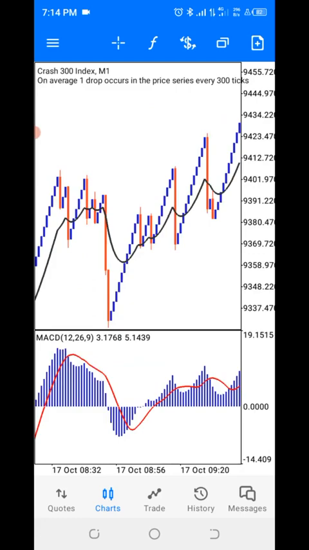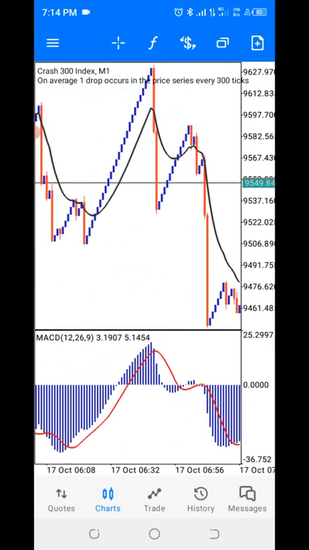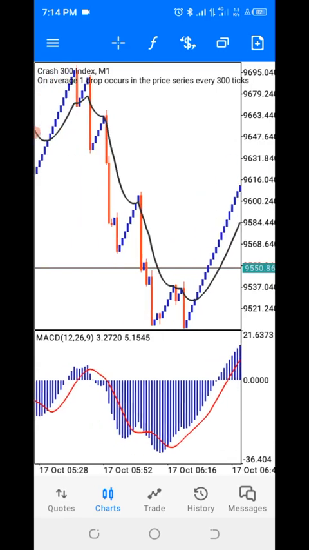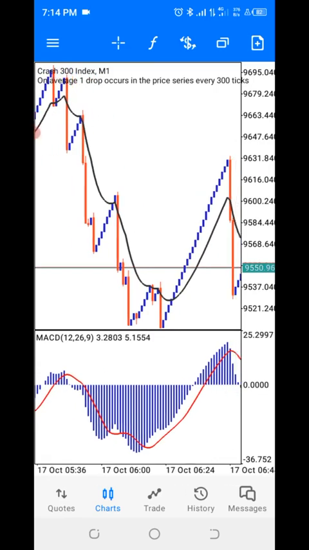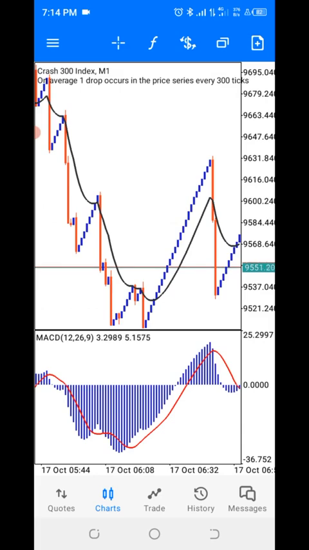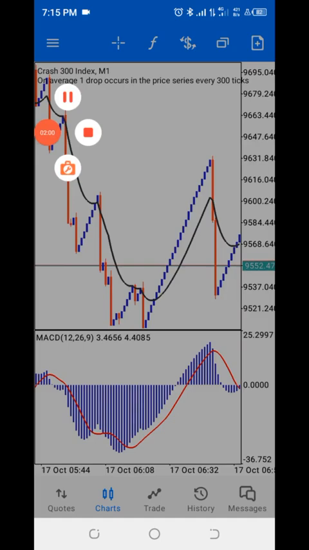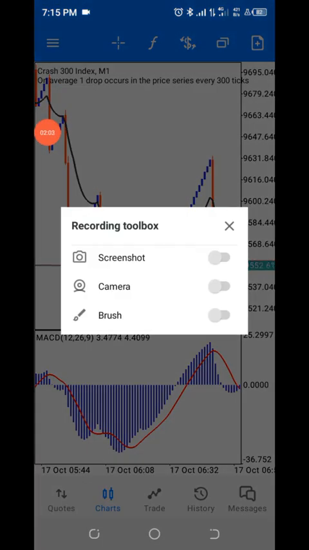Without wasting much of your time, the strategy is a very powerful one and very cool. You can use it on crash 300, boom 300, and crash 1000 solidly, right? So the strategy is a very simple one. I'll be going into how the strategy works. I'm going to be dropping the settings of the strategy in the middle of the video, right? But meanwhile, before we go there, let me go on how it works, right?